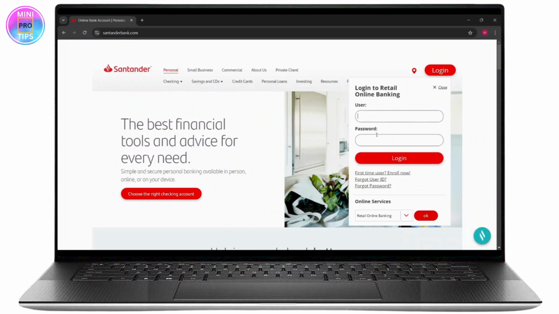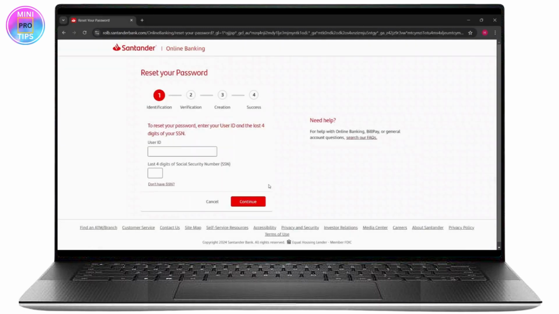So in order to recover your password, you can click on Forgot Password, but if this is your first time using this website and you want to sign up for your account, you can click right here, and you can also recover your user ID from here. But for this video, I'm going to show you how to recover your password. So I'm just going to click on this, and this will take you to a different portal where you can